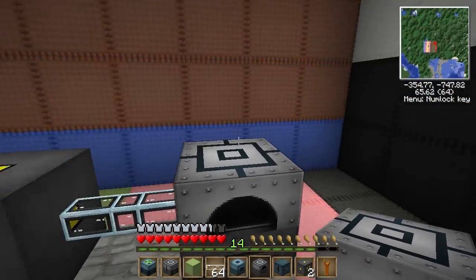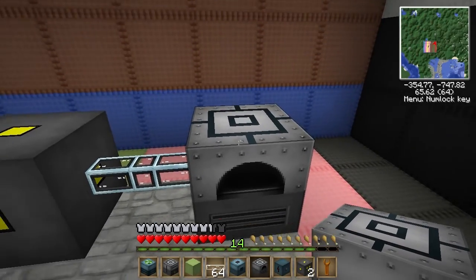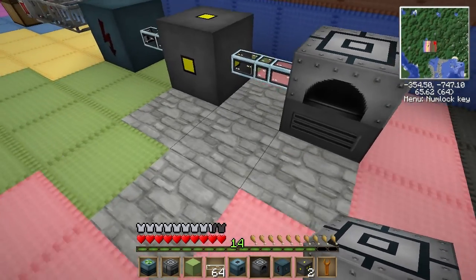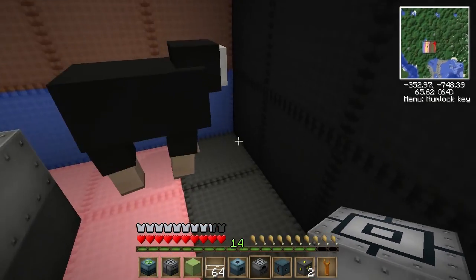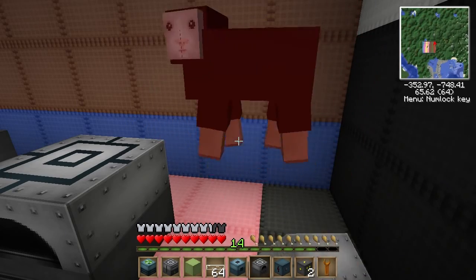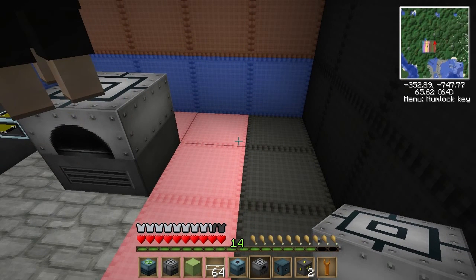So I believe you put something in the top here. If you actually put a cable going into the top, it's gonna happily accept it. You can't use a power cable like this, but you can use an item transport cable. Now, the important thing to understand here is that